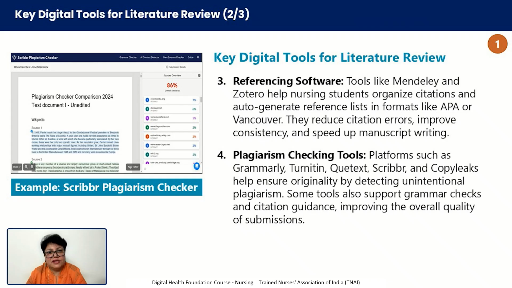And the last are checking tools for what we call copying from others, that is plagiarism. Platforms such as Grammarly, Turnitin, Quillbot, Scribbr, and Copyleaks help ensure originality by detecting unintentional plagiarism. Some tools also support grammar checks and citation guidance, improving the overall quality of submissions. And just to add, you should all know that only 15 to 20% of plagiarism is permitted in any research